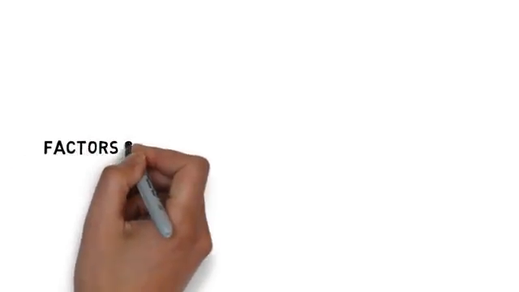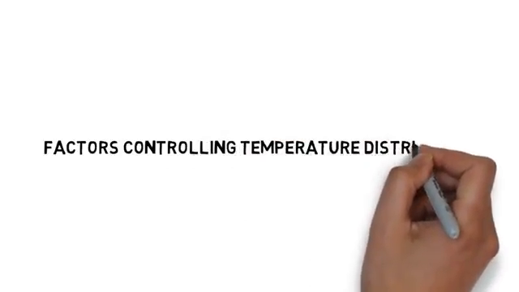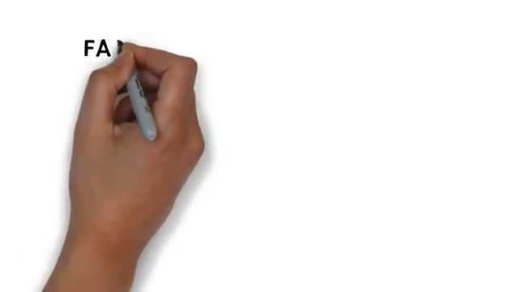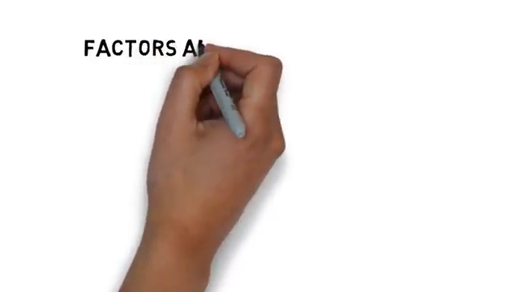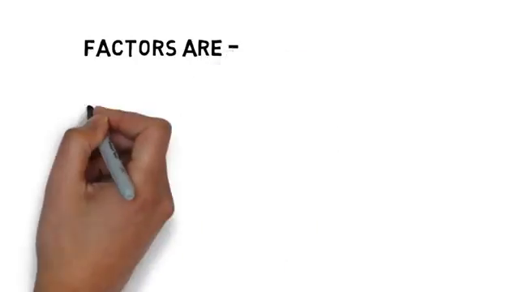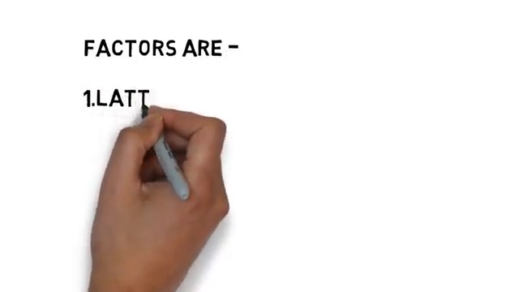Now let us come to the concept of temperature and the factors controlling temperature distribution. Temperature is basically the measurement of the degree of hotness or coldness of a body, and here when we refer to temperature, it means the temperature of the air close to the ground. This atmosphere mostly gets heated from the terrestrial radiation, therefore the temperature varies because of the different amounts of insolation received by the earth's surface, and it depends on the latitude of the place.